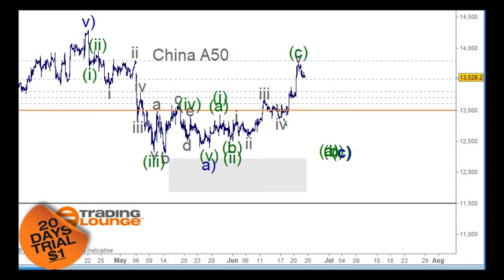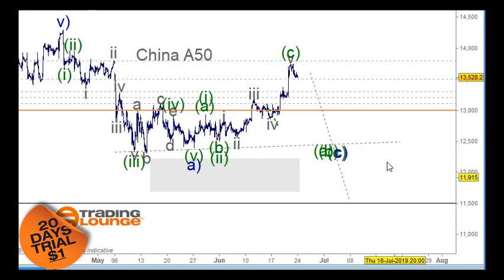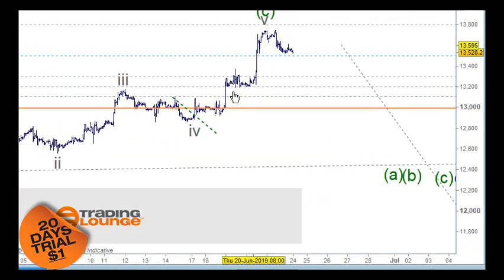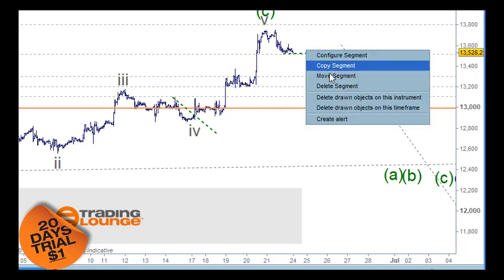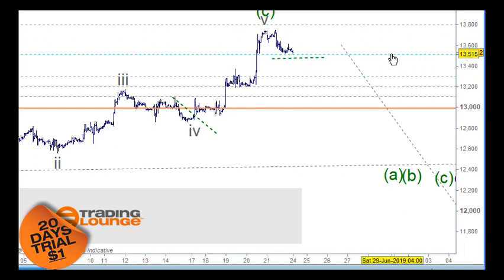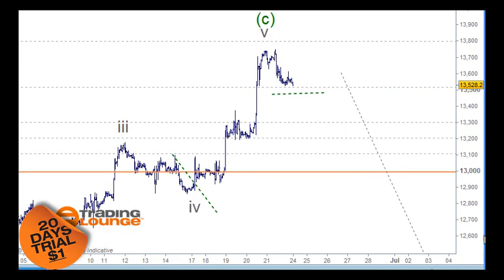I mean, if that's the case, then we should make new lows below these ones here. So in this case, we can look to just copy that. There will be a bounce off this here too, I'd imagine. What number is that? It's 500. So we'll put that on the 500 because that's where the bounce will come from. That bounce will come